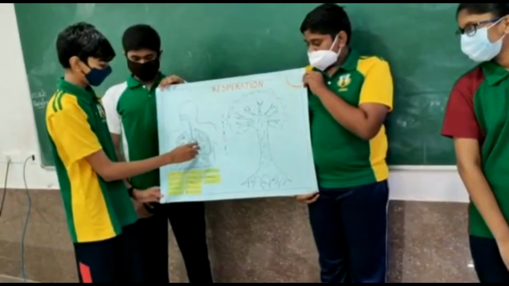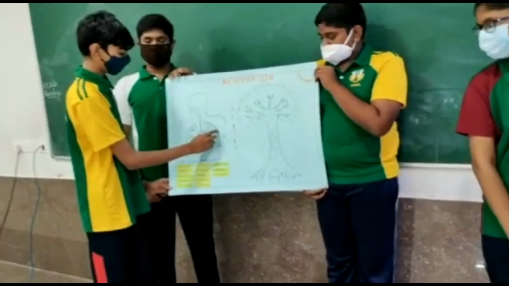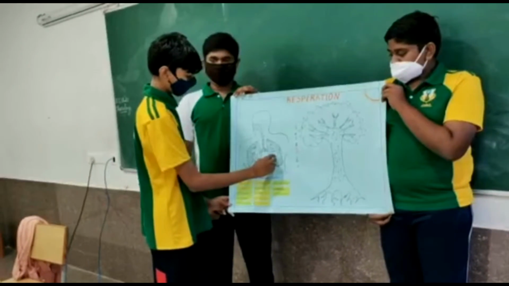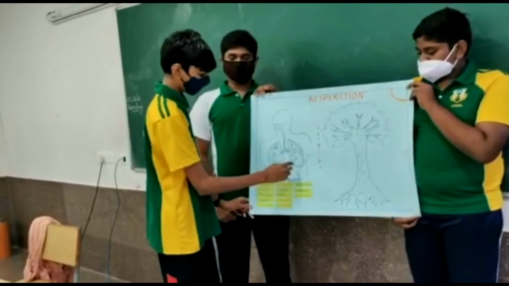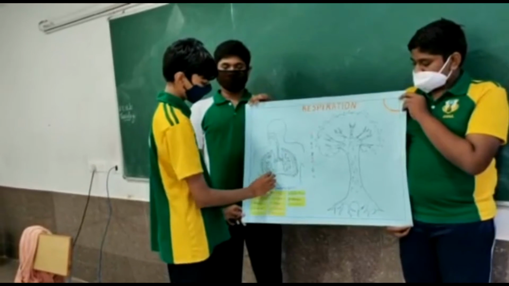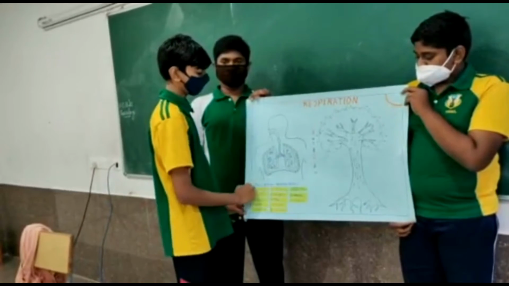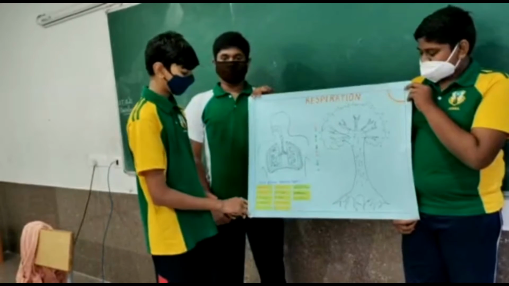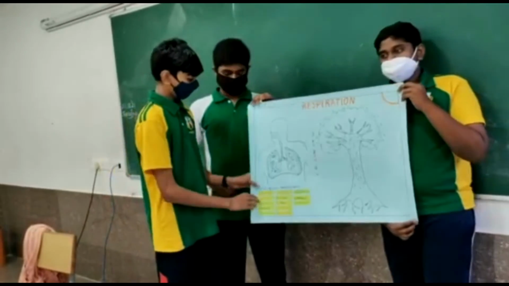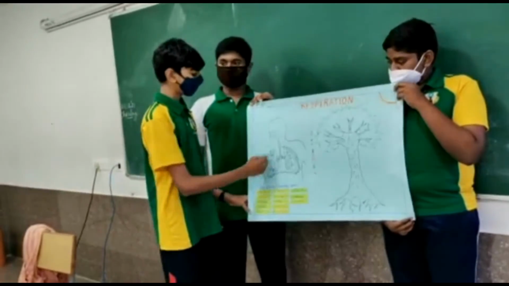The seventh one is the lungs, the eighth one is the ribs, the ninth one is the bronchus, the tenth one is the bronchioles, the twelfth one is the alveolus, and the thirteenth one is the diaphragm. At first the air is taken through the nasal cavity,